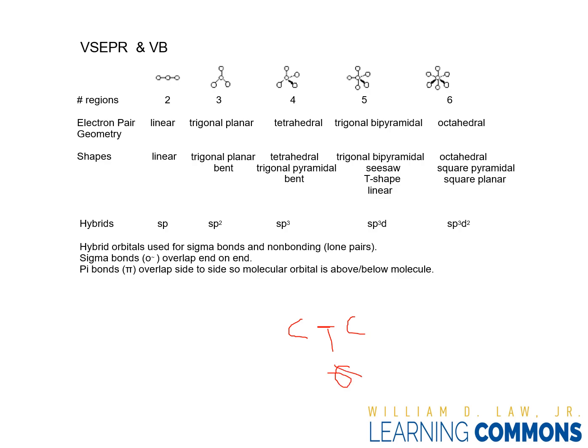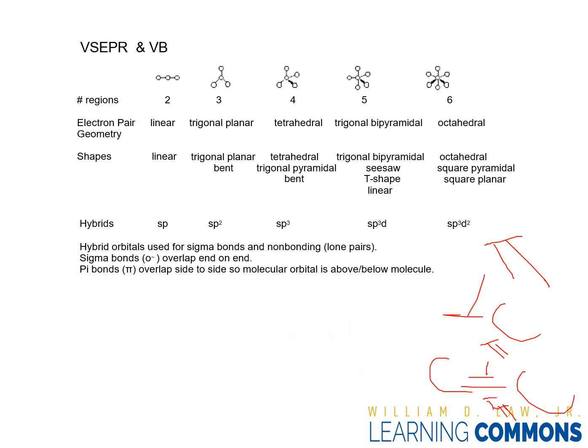But if the carbon is connected by a double bond, we call this one a pi bond. Sometimes the carbon is connected by a triple bond, and we call this 2 pi bonds, like this one and this one. The sigma bond is stronger compared to the pi bond, and the sigma bond is